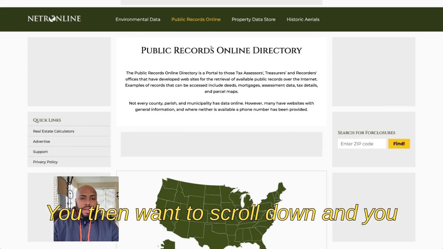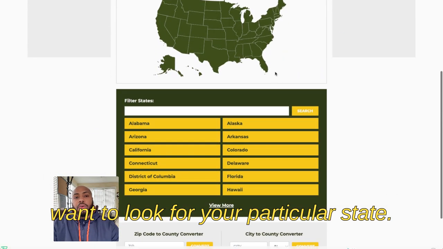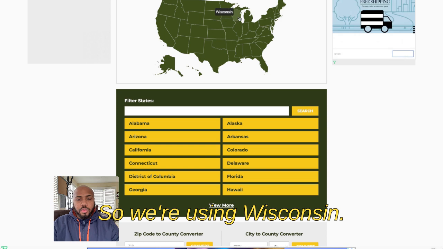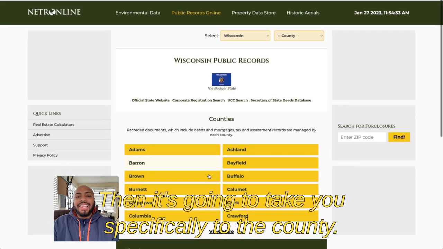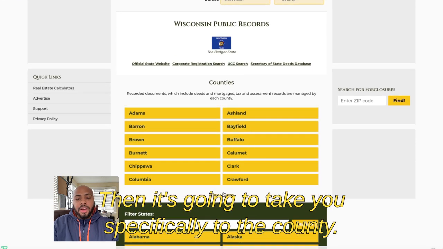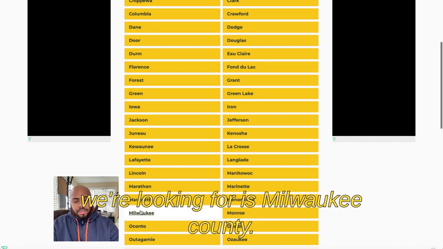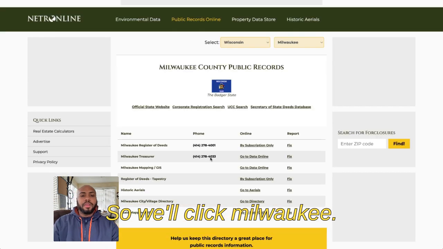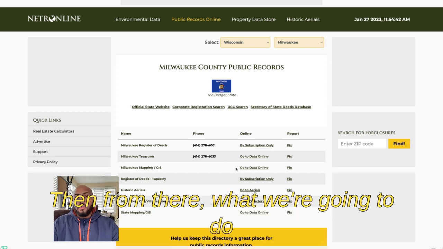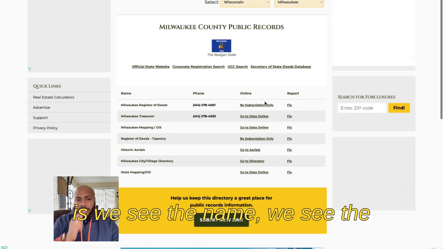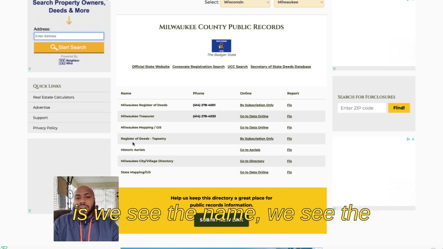You then want to scroll down, and you want to look for your particular state. So we're using Wisconsin. Then it's going to take you specifically to the county. Well, we know that the county that we're looking for is Milwaukee County. So we'll click Milwaukee.